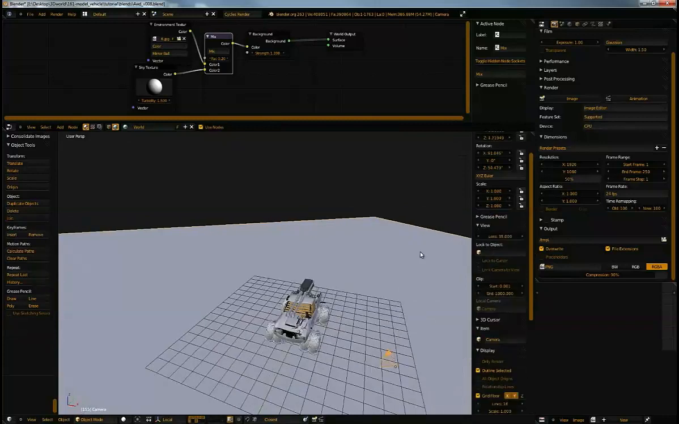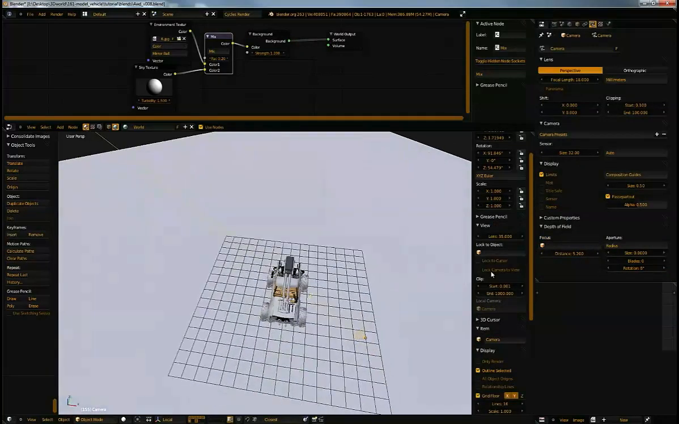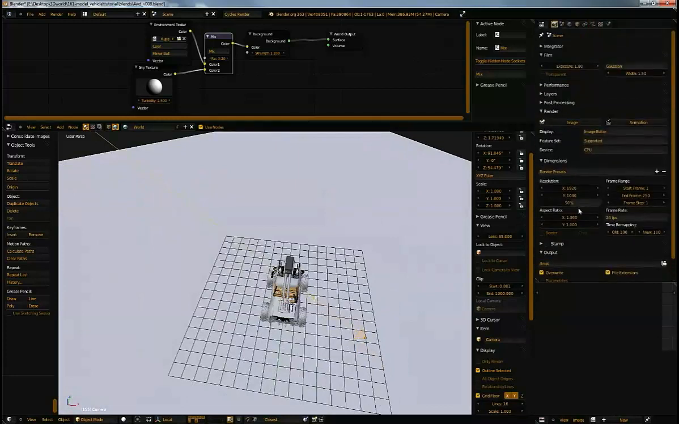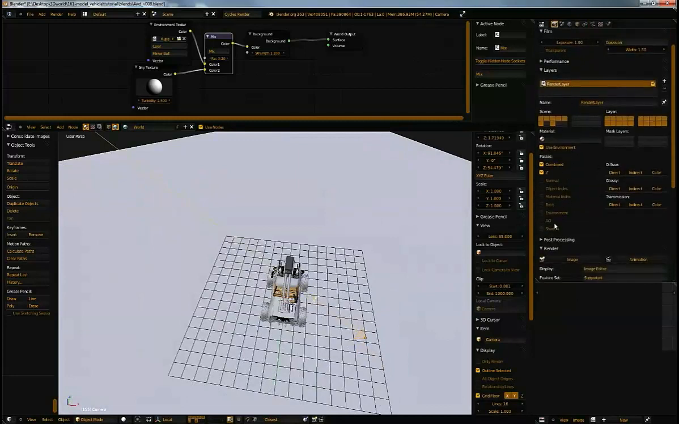I'm going to grab this camera here. We're going to adjust the focal length, or not the focal length, we're going to adjust the distance. So it's probably about here. So over in the render settings, we can come to layers, we can make sure we've got Z checked, make sure we've got object index checked,